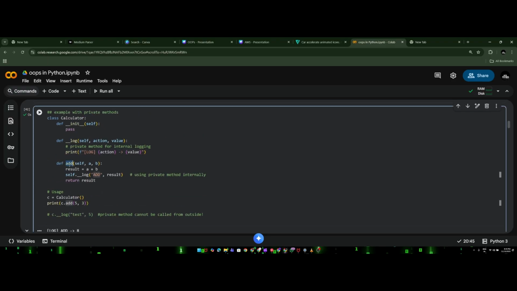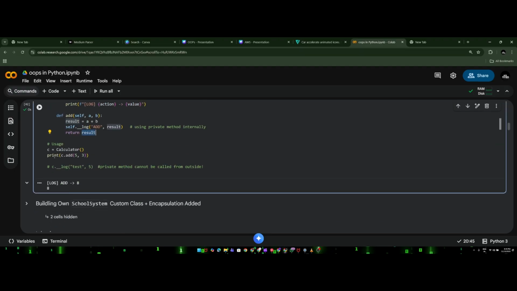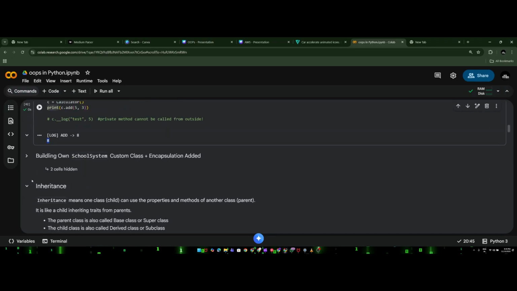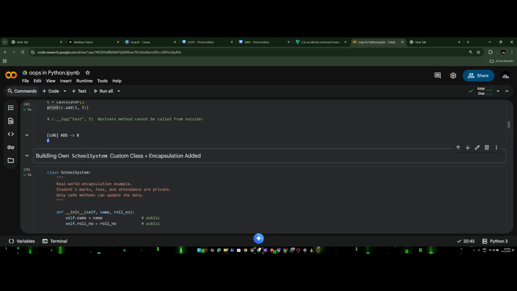Okay, so this c add returning me the result. So that is why when I am printing, I am getting 8 as an output. Okay, that's great. So now let us see some example of our own custom class again, school system custom class